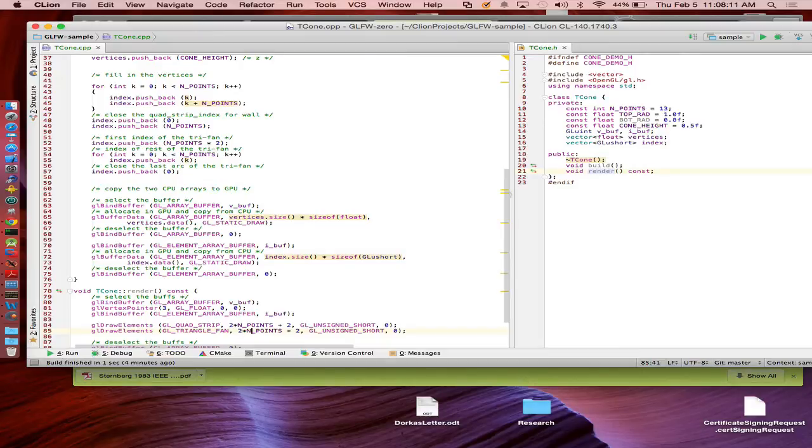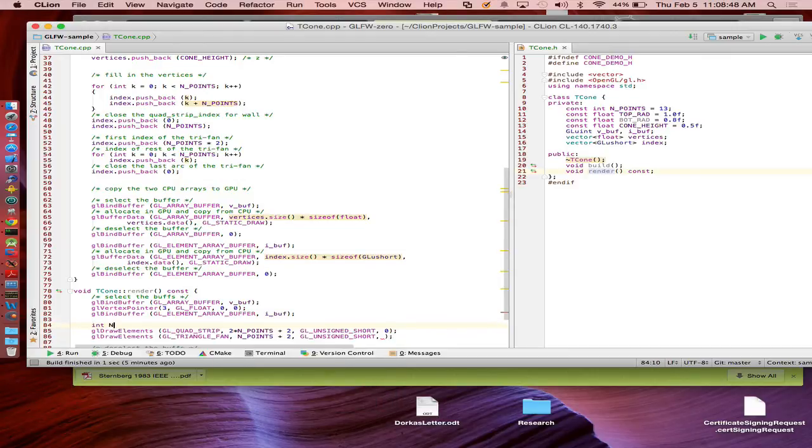No, no, it's endpoints plus 1, right? Or endpoints plus 2? Is it plus 1 or plus 2? Plus 2, because we have to cover the last 0. So it will be endpoints plus 2, and same type of data, but then the last argument is not 0 anymore, because the group of those numbers is at 28 times size of GLushort. So the last argument should be 28, which will be from